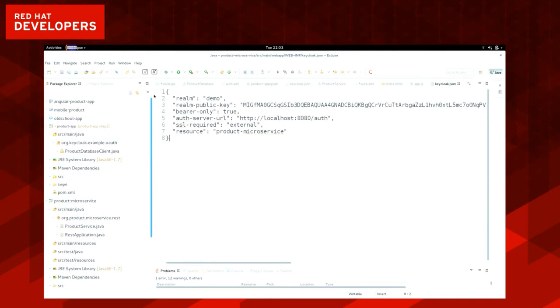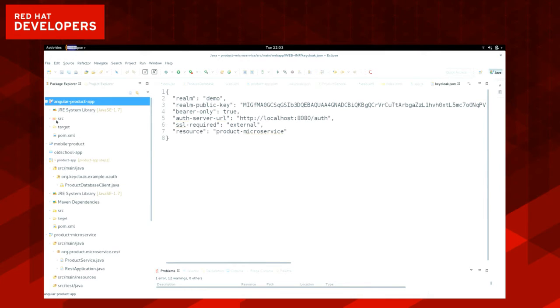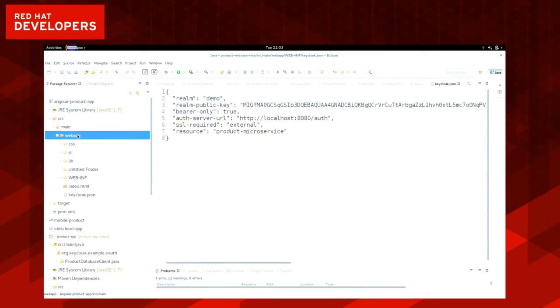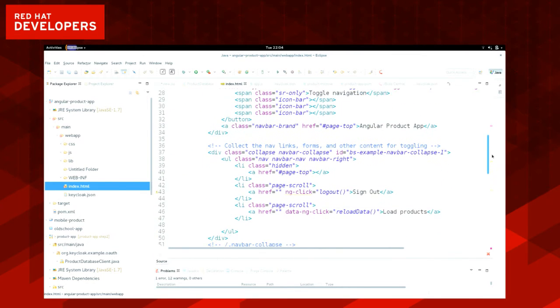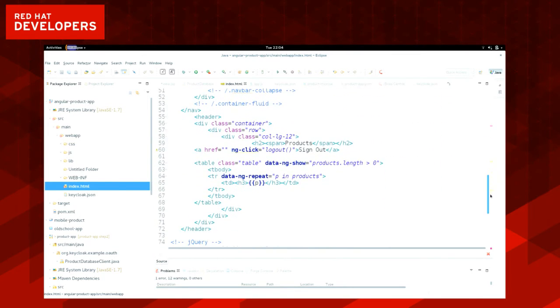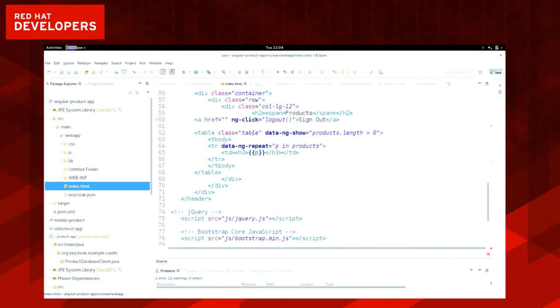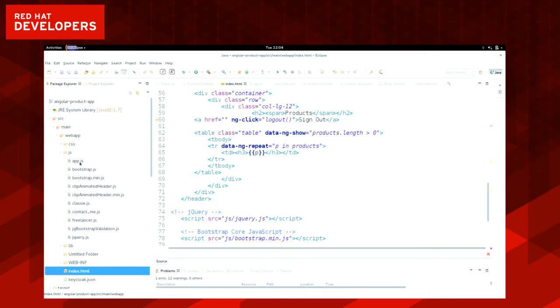I got here a really simple app. So it's packaged into a Maven structure. It's just for convenience, so I can deploy it easily. But there's no Java code inside. It's just really a pure JavaScript app. And what happens in this application, I got some bootstrap stuff, and all it does, it retrieves my products from the web service, and it iterates to show them. If we take a look at the JavaScript,